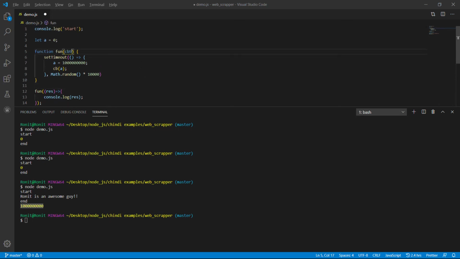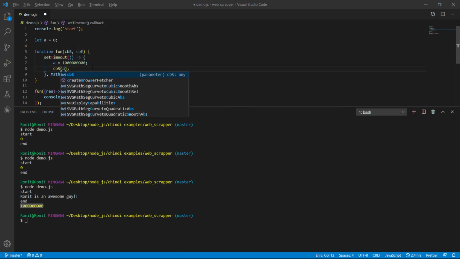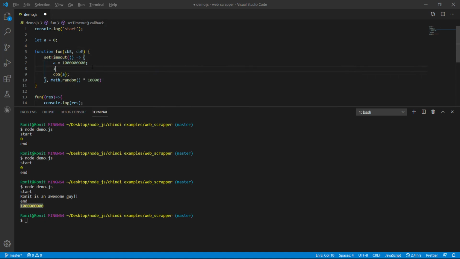We'll call this callback success, and then this will be callback error. Okay, and callback success is there. So we're gonna call callback success only if our A is equal to 1 billion. Okay, we'll simply copy and paste. I don't want to write again and again here. Simply Ctrl+C here,